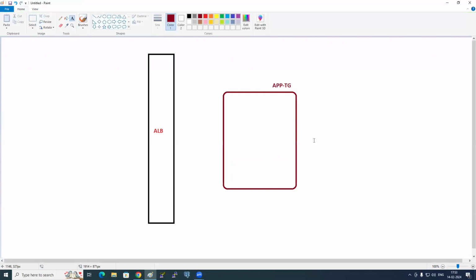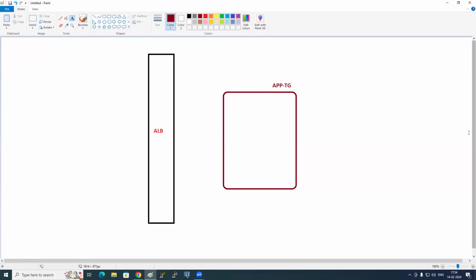I'll create an empty target group. Did I register any targets inside it? No. Who will launch EC2 instances? Auto scaling. Who will register EC2 instances here? Auto scaling. So we'll create a load balancer and an empty target group.